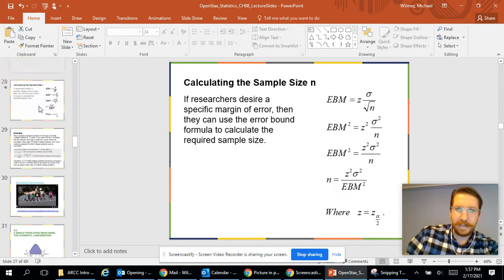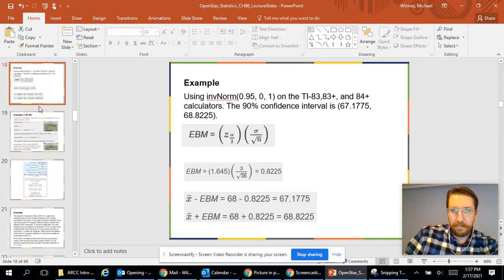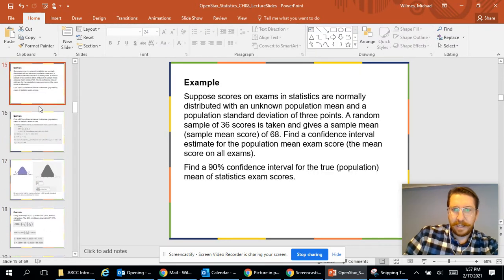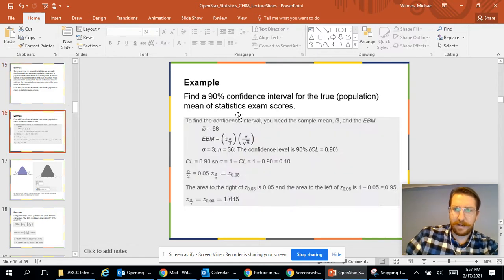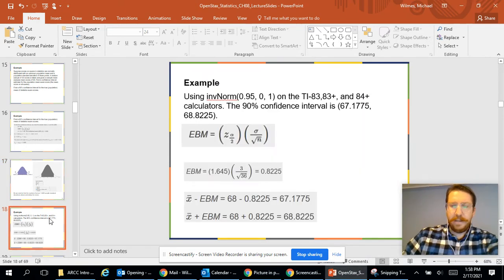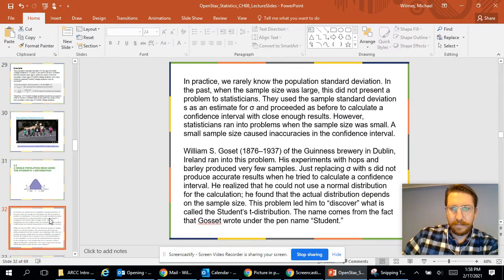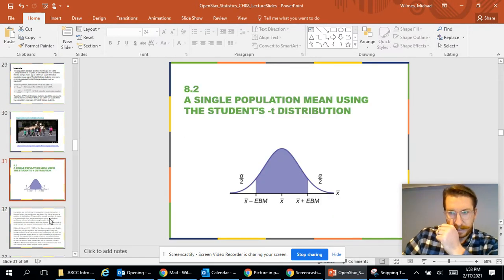We can think back to what we did last week. We worked on problems like this, where we were given the population standard deviation. So we knew the standard deviation of the population. We knew how the group was spread. But for these problems, we're not going to know how our data is spread. And since we don't know how the spread of the data looks like, we're going to use what's called a